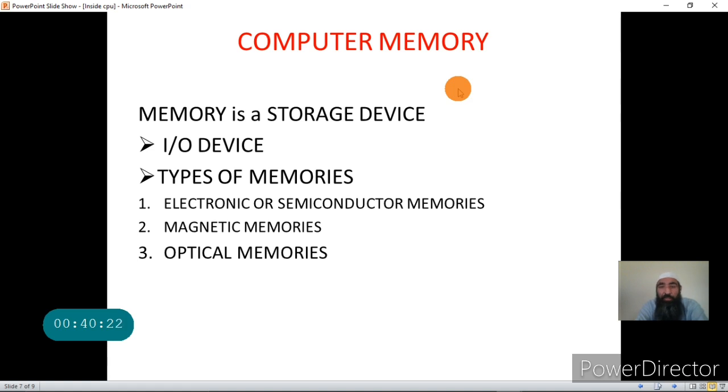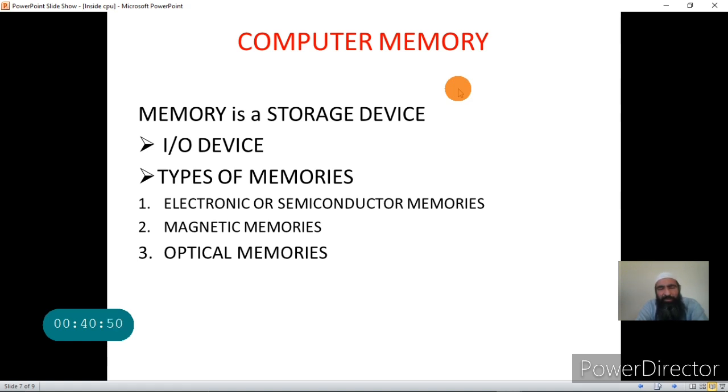Memory is a storage device that can store data or instructions. That is important. Now, is memory an input device or an output device? The answer is that it is both. The CPU can send data to the memory, or it can get data from the memory.